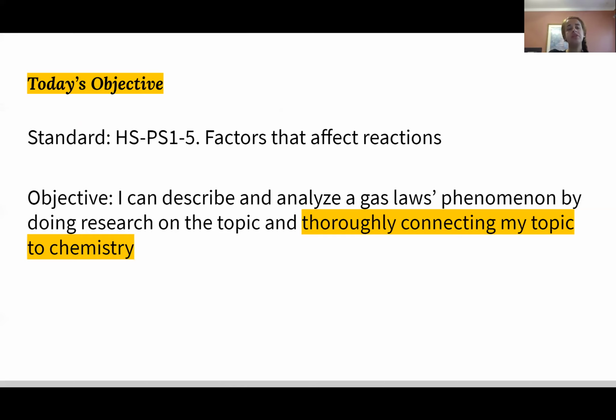Today's objective is: I can describe and analyze a gas loss phenomenon by doing research on the topic and thoroughly connecting my topic to chemistry. This is the most important part of your QPA, and that should make sense. This is a chemistry class. I want to make sure you're understanding the chemistry, not that you're just able to tell me background information on how scuba equipment works. So make sure we're thoroughly connecting the topic to the chemistry that we've been discussing, so